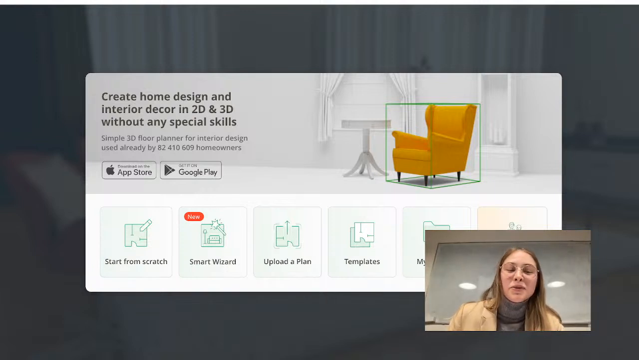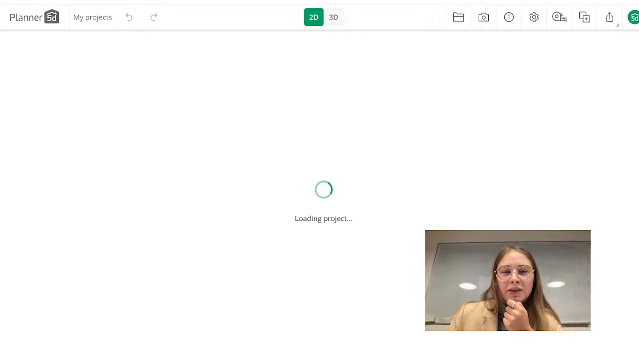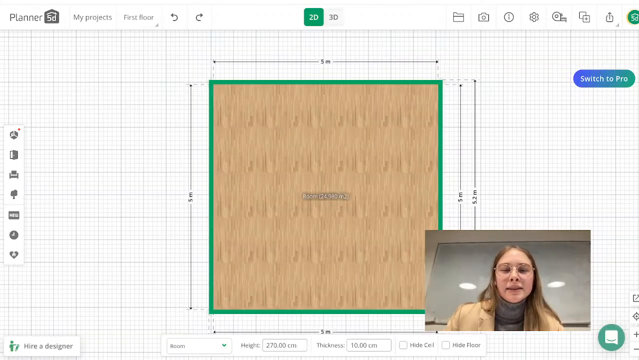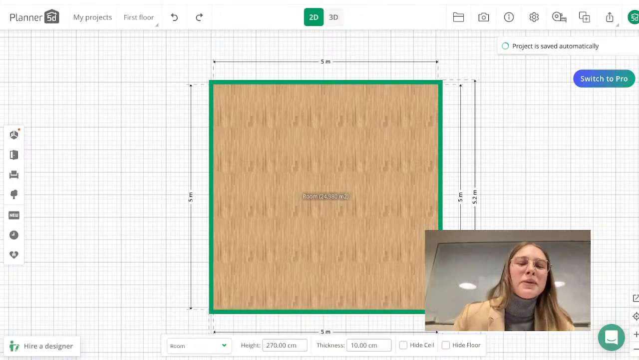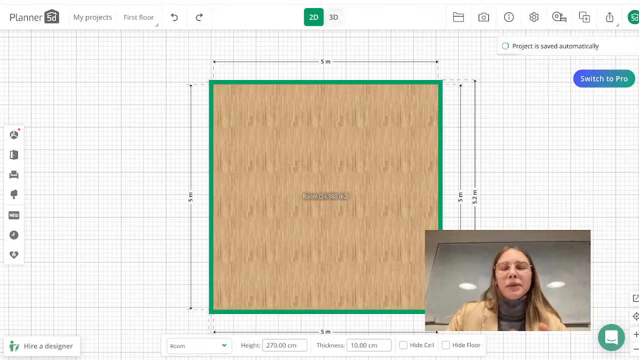I guess now we can move to just starting the project from scratch. I will explain how our program works, how you can drag the items, how you can design it, how you can change the textures, and basically just creating the project for yourself from zero. So when you open, you can see that there is a basic plan, a basic room,